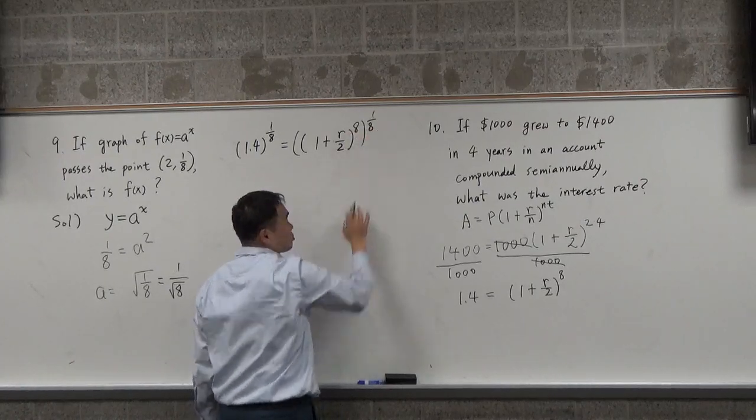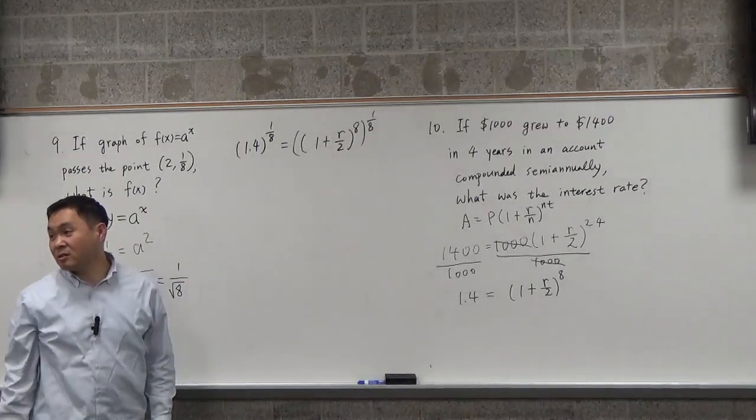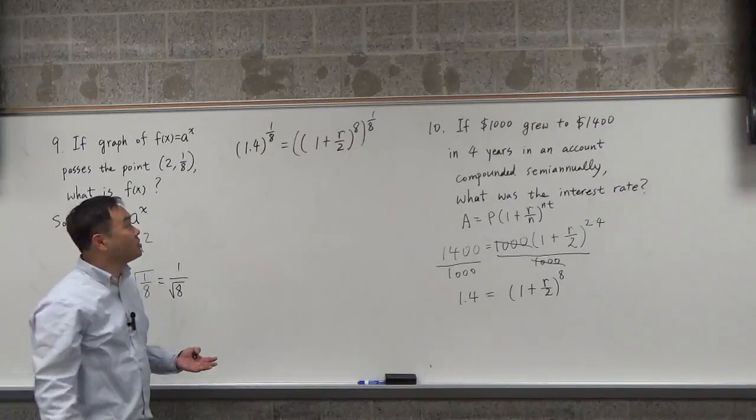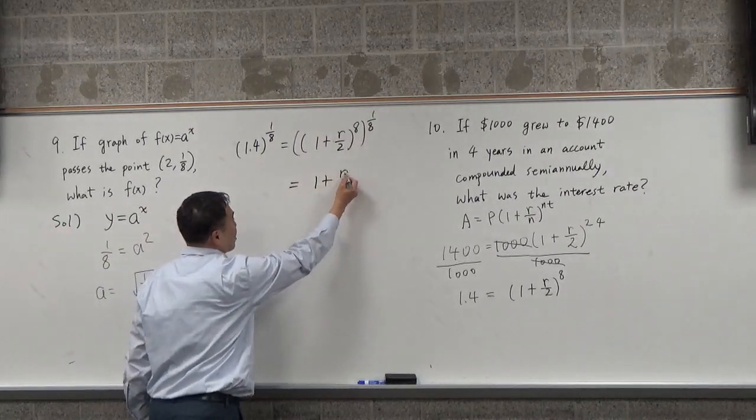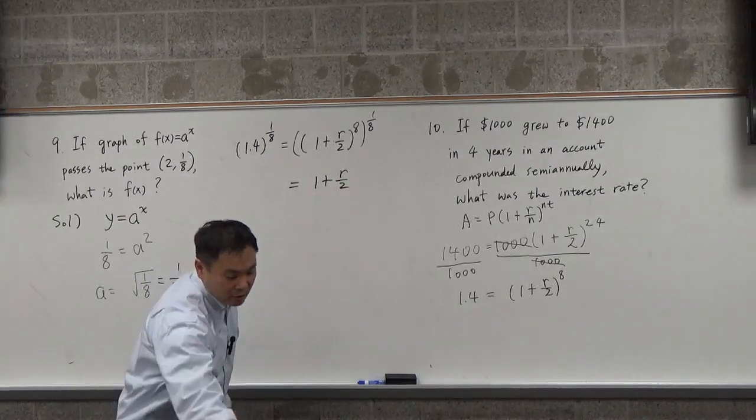Then what's 8 times 1/8? It's 1. They cancel out, right? So you just end up with, on the right side, just 1 plus r over 2. On the other hand,